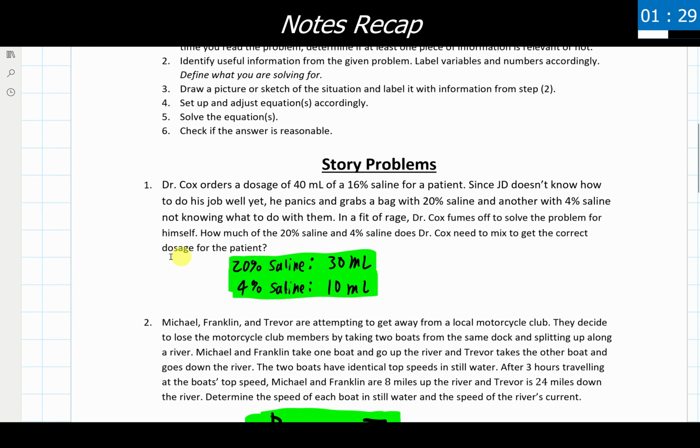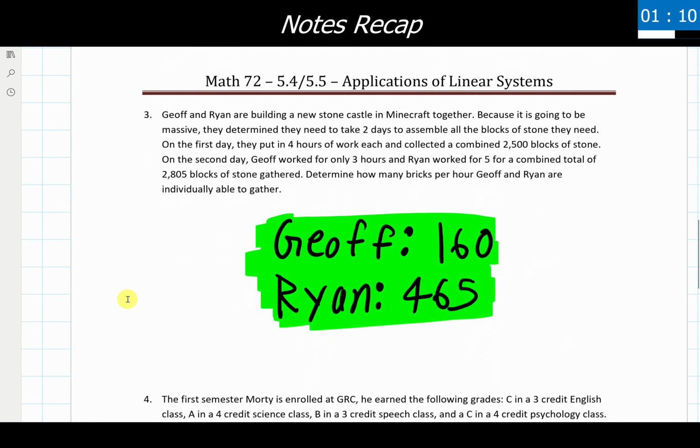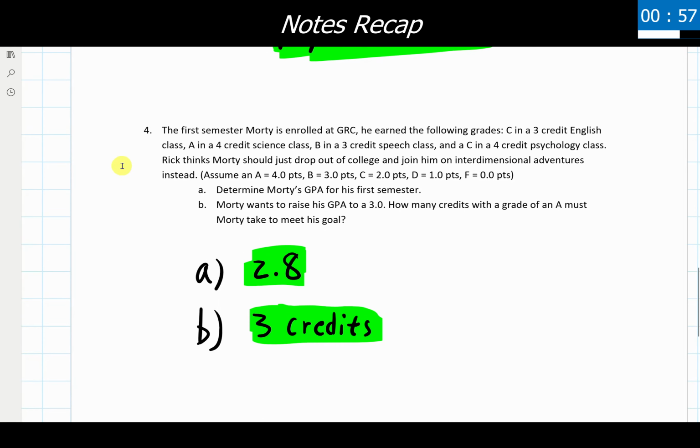We then went through and looked at a mixture problem, coming back from, I believe, the 3.3 material, just making its return here. Yeah, 3.3. We had our distance, rate, time problem showing up. That was from the 3.5 material making its return. Our third problem was a variation on the distance, rate, time problems, working with work and amounts in total there. And then our last example here had two parts working with GPA and how we calculate those, which is kind of a new one for this section.